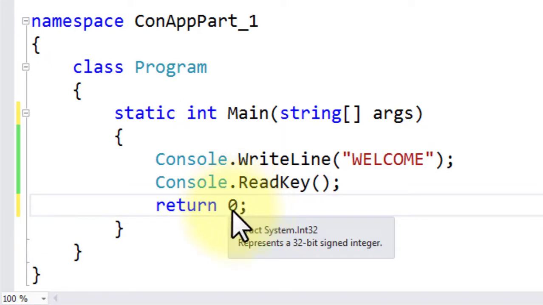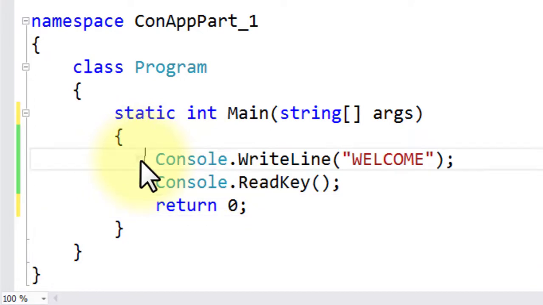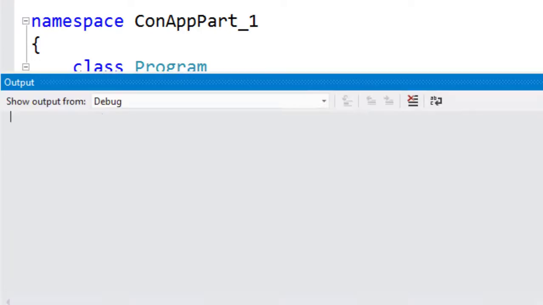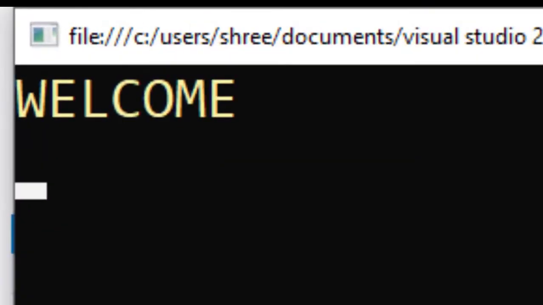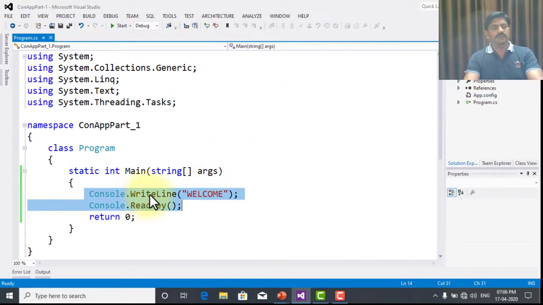Because the calling process knows that if the value 0 is returned from main, it means every statement of this main executed normally without any disturbance. So it will also display the message welcome. These are the 4 versions of the main method.